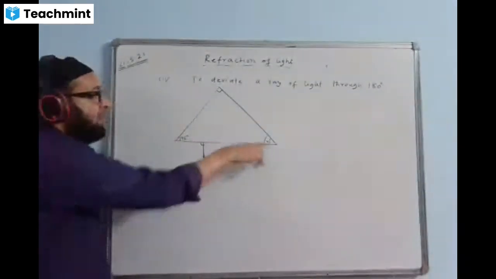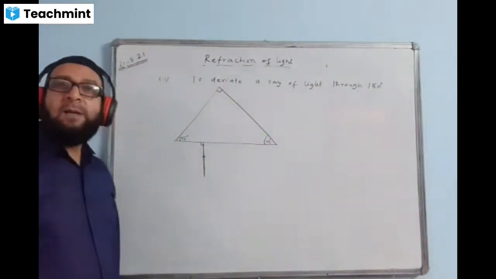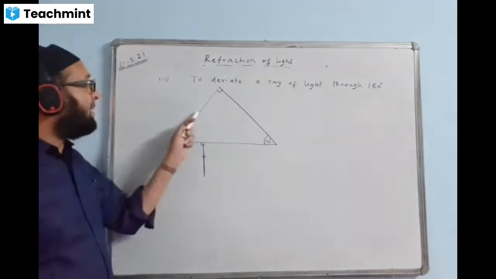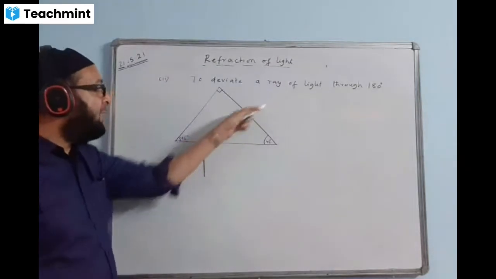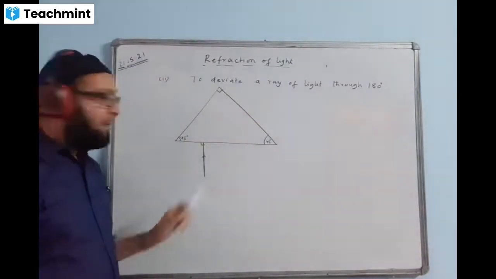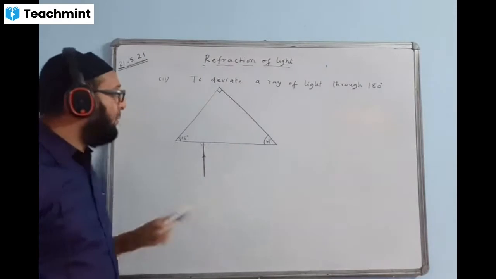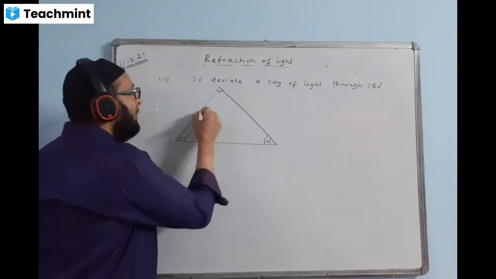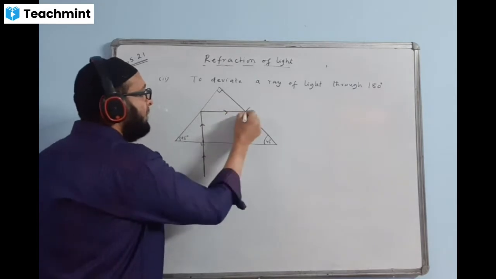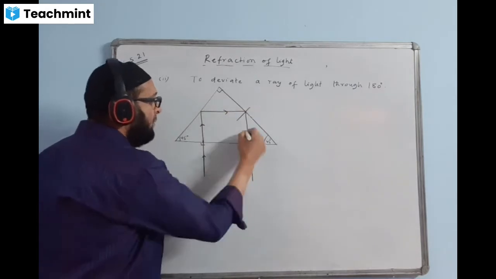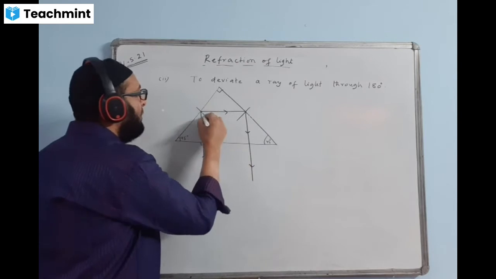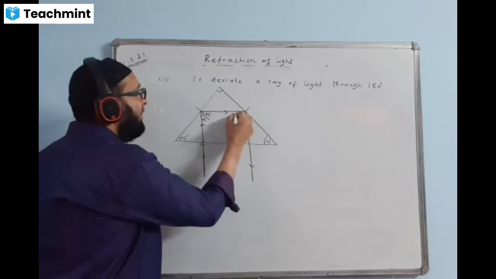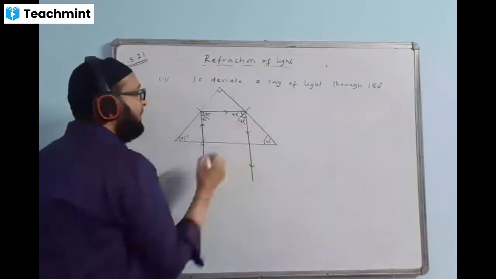This is the hypotenuse, remember. So the ray passing through the hypotenuse will make a U-turn, a 180 degree deviation. When the ray passes this way, it will go like this. When it comes here, it will go like this. So let us complete it this way. Here also like this. Mark the arrows everywhere, and here draw the normal. This angle will be 45, this also 45 degrees, here also 45 degrees, here also 45 degrees.